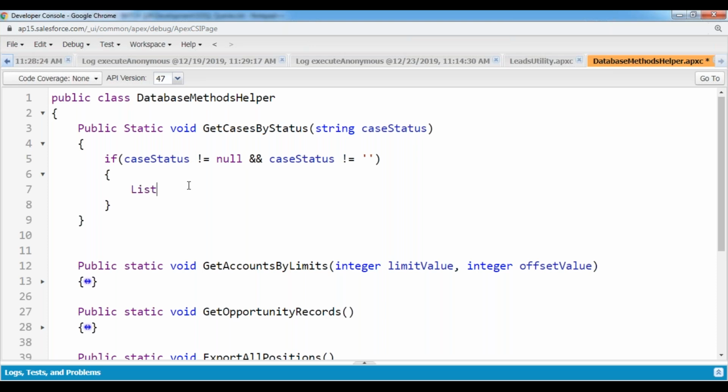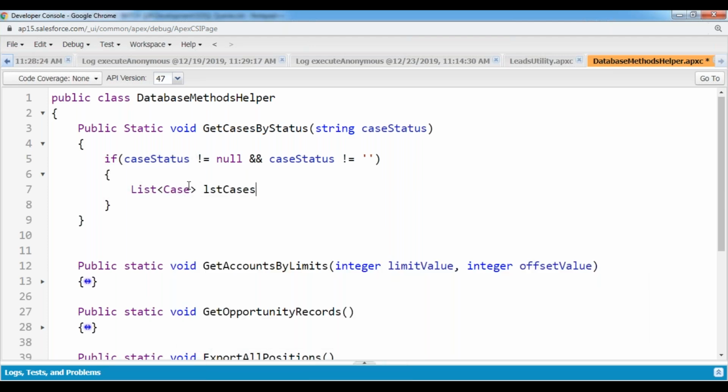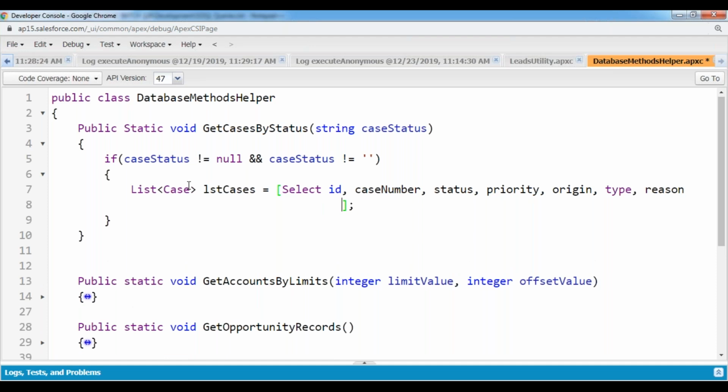So now here I'm using a list collection, list of Case, lstCases. I'm fetching the data. Select the Id of the case, CaseNumber, Status of the case, Priority, Origin, Type, Reason, from the Case object,